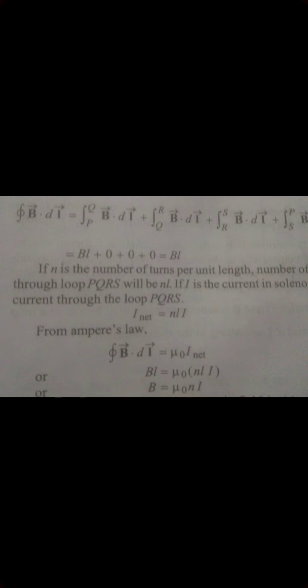For this we draw a rectangular loop PQRS as shown in the figure, and the uniform magnetic field B exists inside the solenoid. So by the Ampere circuital law we can see here